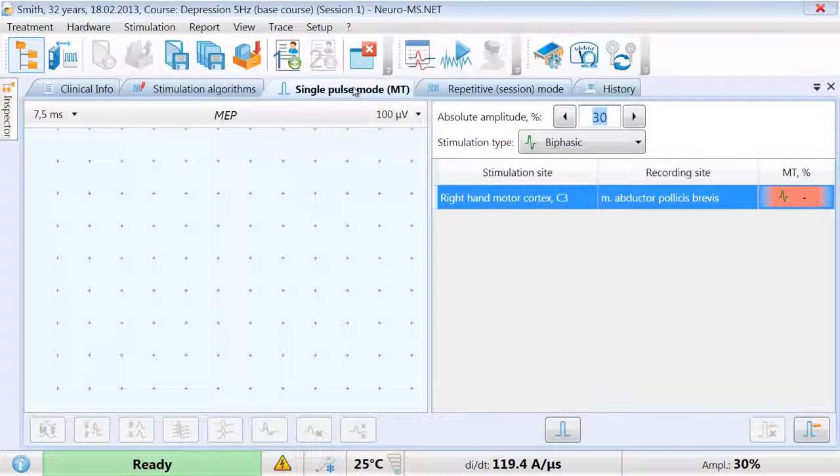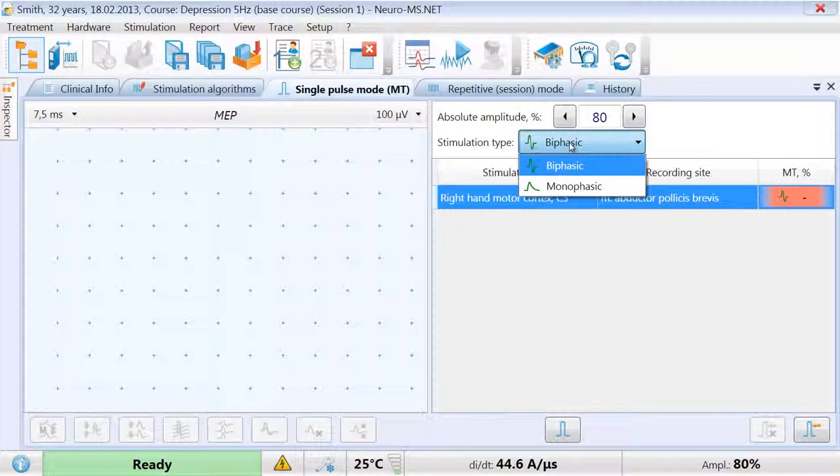In single pulse mode tab, I can obtain the motor threshold. I can do it visually by just observing the contraction of the muscle of the patient, or if I have a MEP amplifier connected to the machine, I can do it by recording motor evoked potential. I set intensity here. I can set the stimulation type here, and